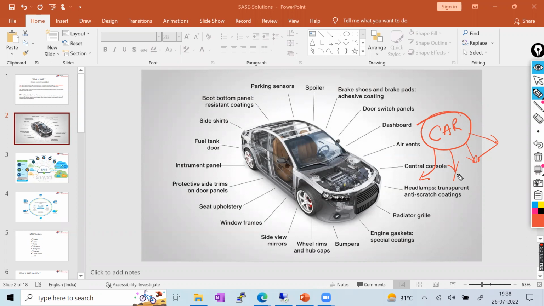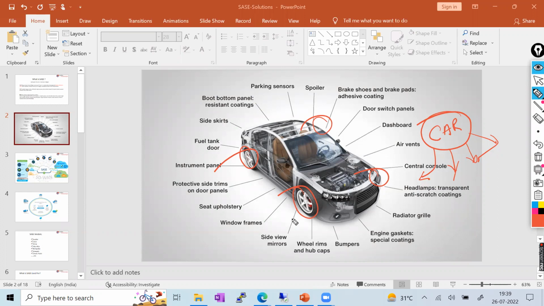But while designing the car, a lot of components are required. If you go for Hyundai, they design their car. If you go for a Tata, they design their car. If you go for Tesla, they design their own car. If you go for Toyota, they design their own car. But the end result is that every car has a similar kind of functionality. Like, it should have 4 tires on which the car is going to run, right? You never see a car with 3 tires, basically a 3-wheeler. We have seen autos are available, but a car basically comes with 4 wheels.